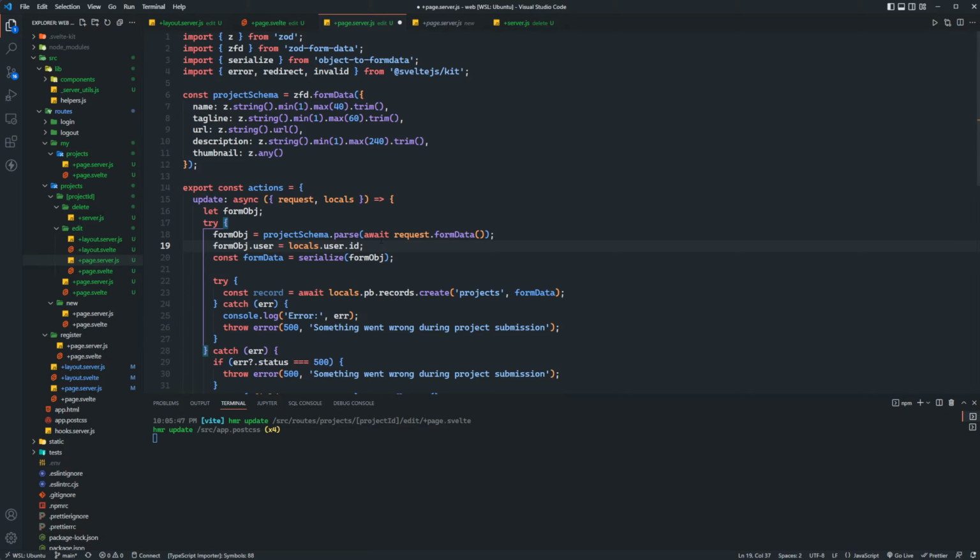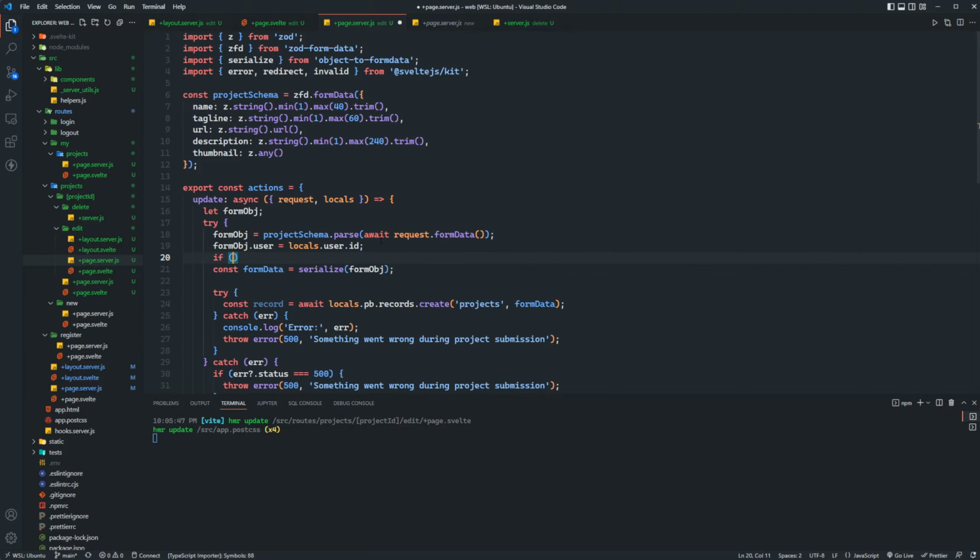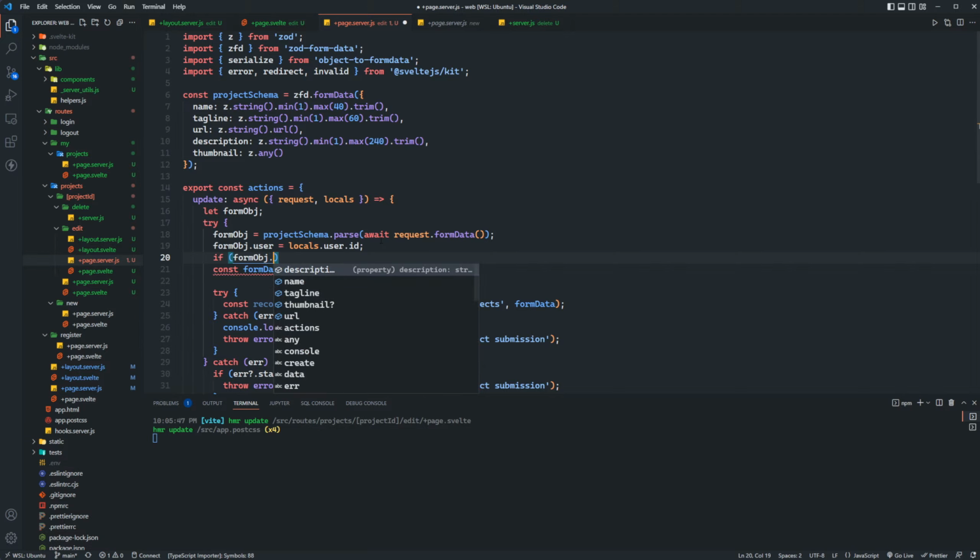So project schema.parse. And then before I serialize it though, I guess I can just take out the thumbnail if the thumbnail is an empty string, and then just pass everything else in. That's a quick fix, or a quick workaround. If form object.thumbnail,